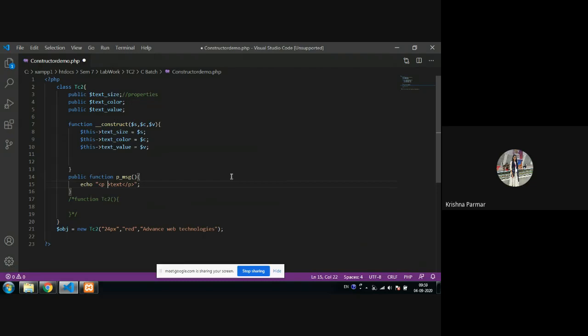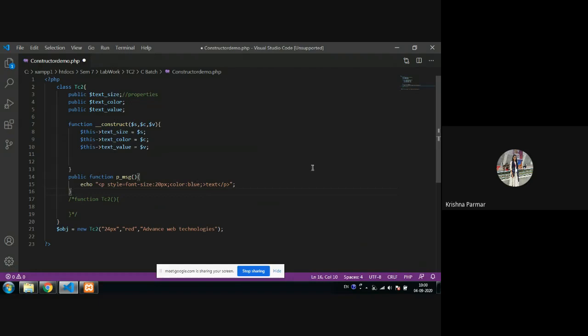Now I want to apply a style to this text. So font size, I'm saying it is 20 px. Color, blue. And then the text. But now what happened? This 20 px and blue color are static values, right?